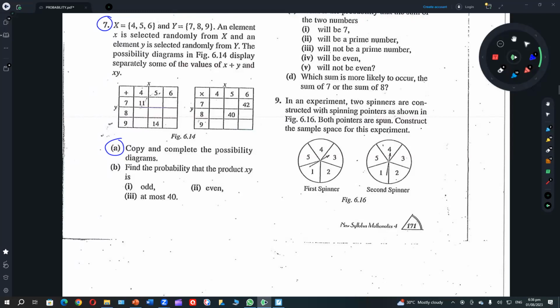So see the first one, 7, 8. So 7 plus 4 equals 11. And then 7 plus 5, good. So you can fill it, or if you can open the file on any writable device, which you can save also, fill it in that. It would be better to fill both the tables. Let me know once you have filled both the tables.